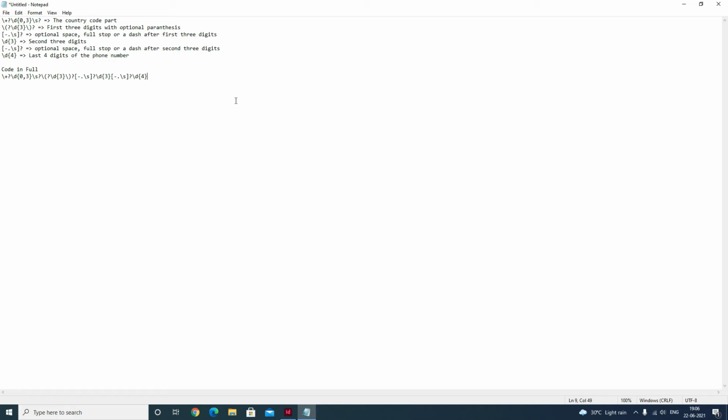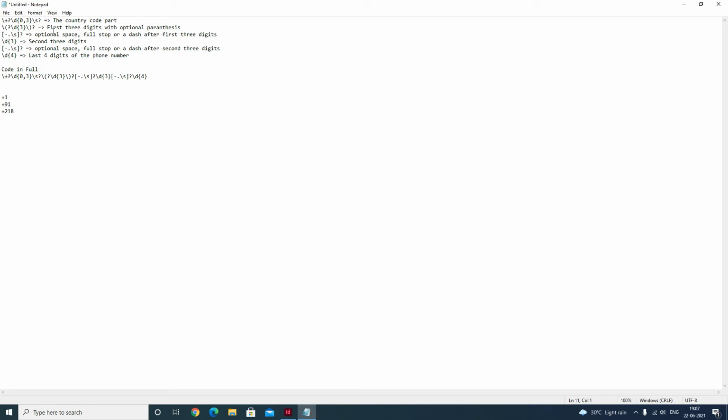So this will cover this part, plus 1 and a space, or plus 91 and a space, or plus 218 and a space. And this will also cover the numbers without country code.